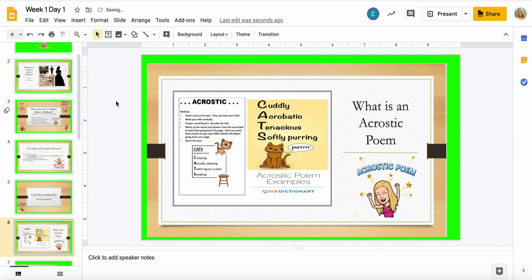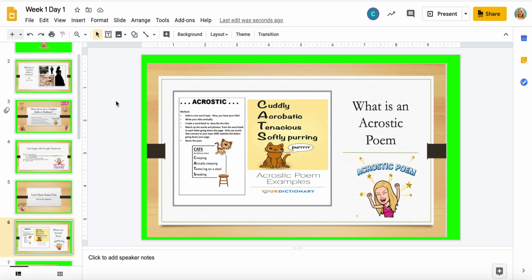Okay, that's better. The first thing we're going to talk about is an acrostic poem. An acrostic poem is merely you write a word down vertically, and then horizontally going across from each letter of that word, you can write another word that begins with that letter or a very short phrase, and when you finish, you have an acrostic poem. The example here is cats. The word is cats,